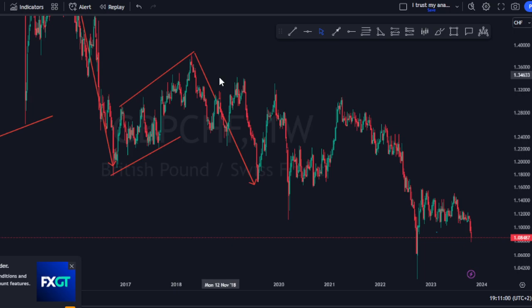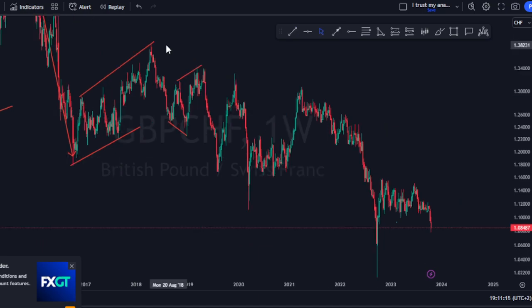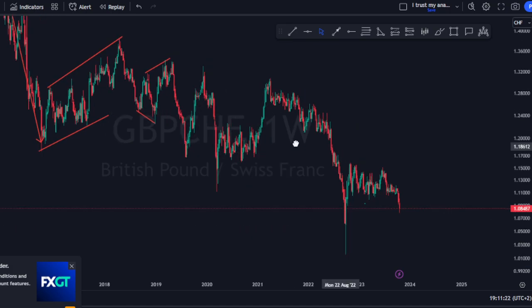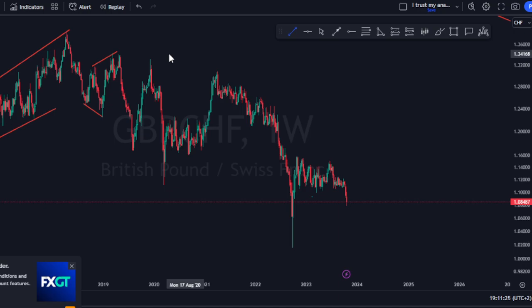And I think we do have a pattern again like this, pattern there, pattern there. See, now it makes sense why I say it's going to the downside. So if we join those two highs like that,